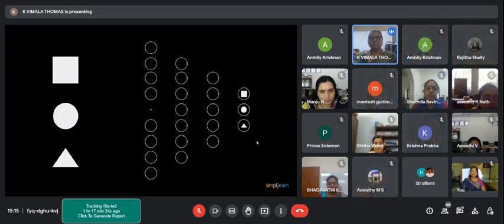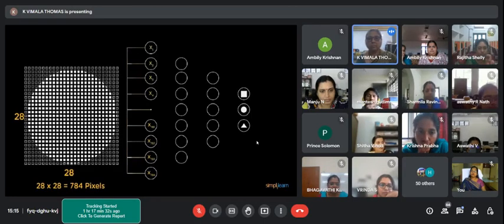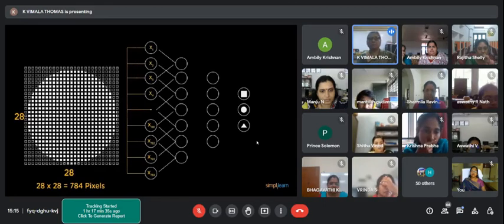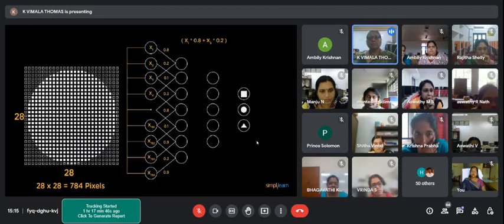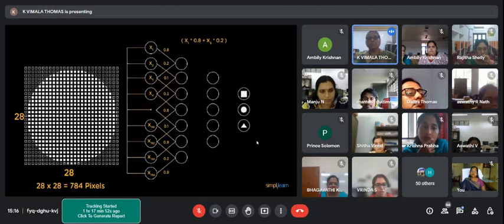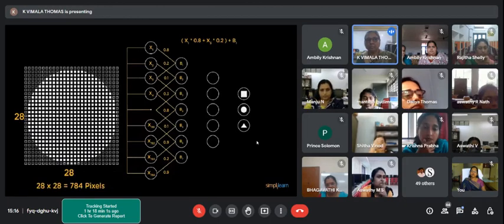Circle. This image is composed of 28 by 28 pixels, which make up for 784 pixels. Each pixel is fed as input to each neuron of the first layer. Neurons of one layer are connected to neurons of the next layer through channels. Each of these channels is assigned a numerical value, known as weight. The inputs are multiplied to the corresponding weights, and their sum is sent as input to the neurons in the hidden layer. Each of these neurons is associated with a numerical value called the bias, which is then added to the input sum. This value is then passed through a threshold function called the activation function.